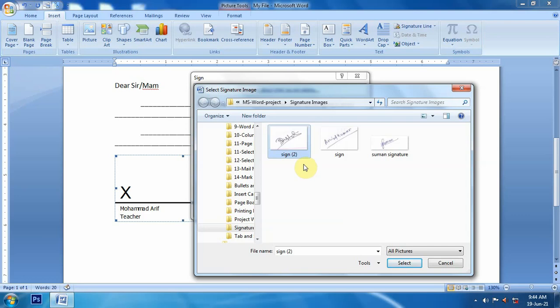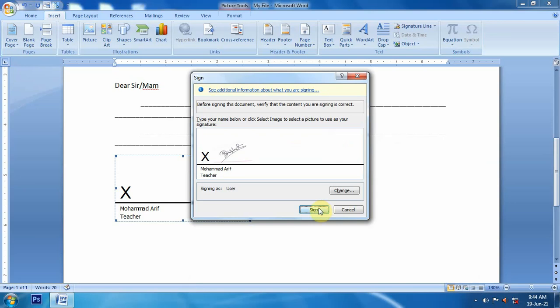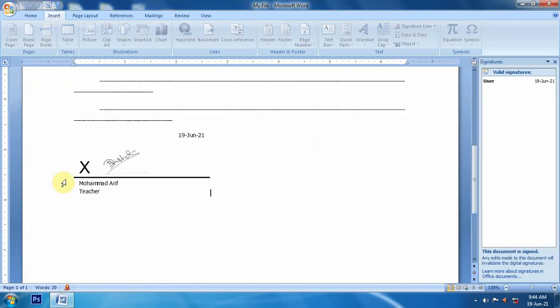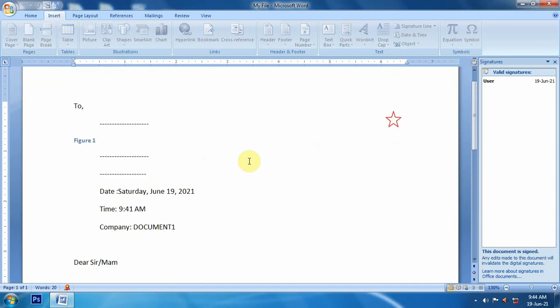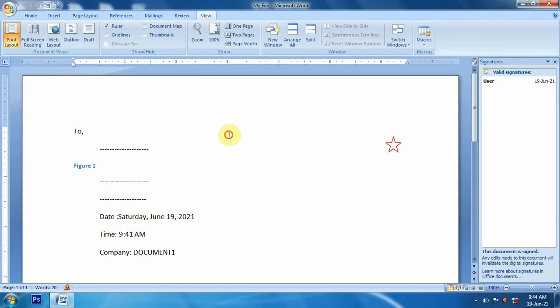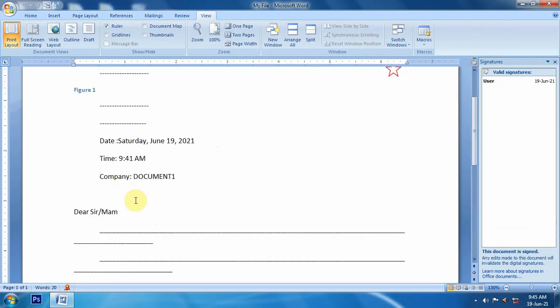First of all we have to scan a sign, and we have to keep it in the system as an image. So I already have these 3 signature images. I will select any one of them and click on select and sign. That sign will be added to my document like this. After adding this sign, this document becomes final, meaning nothing will work in it. All options have been disabled, because once a document is signed, the signature is uneditable. We cannot change anything, otherwise that document will not be confidential.